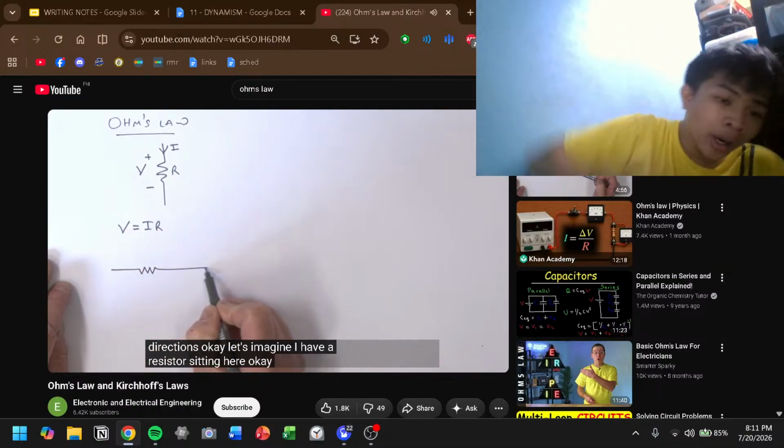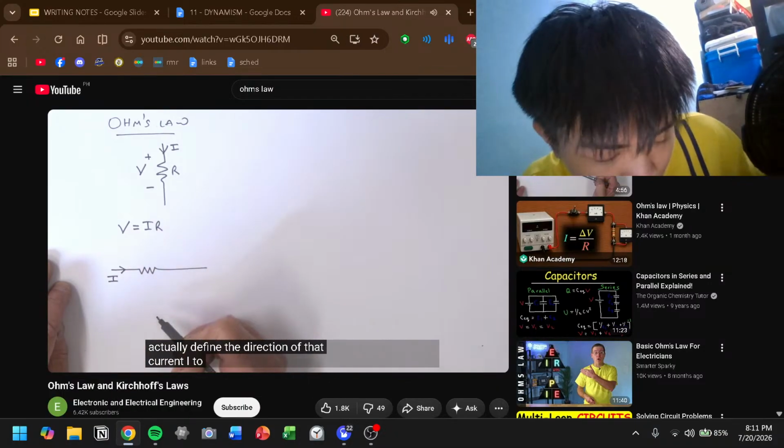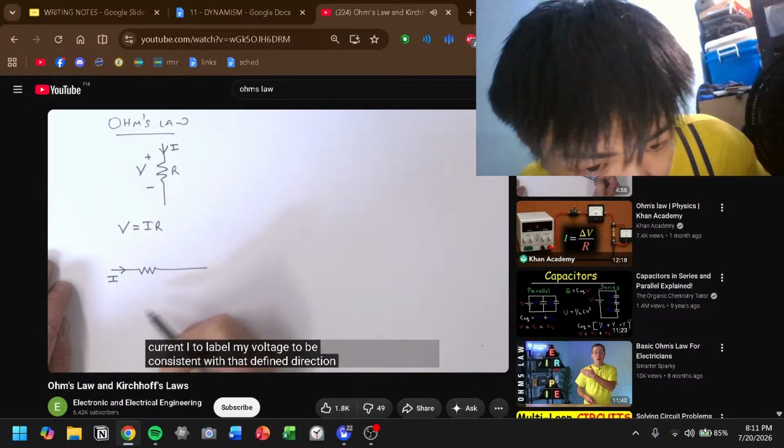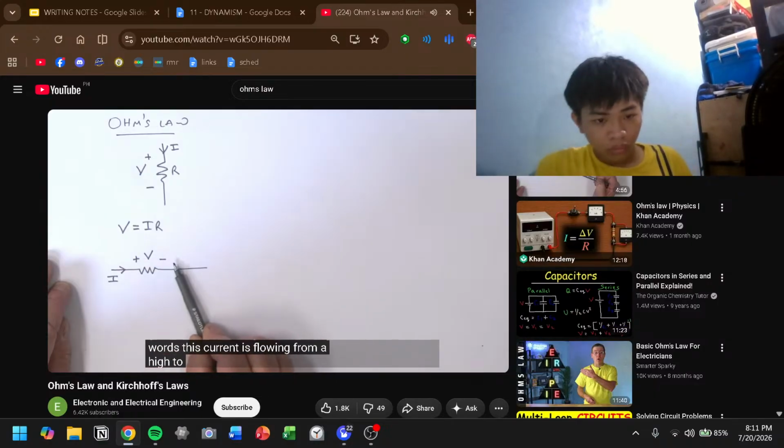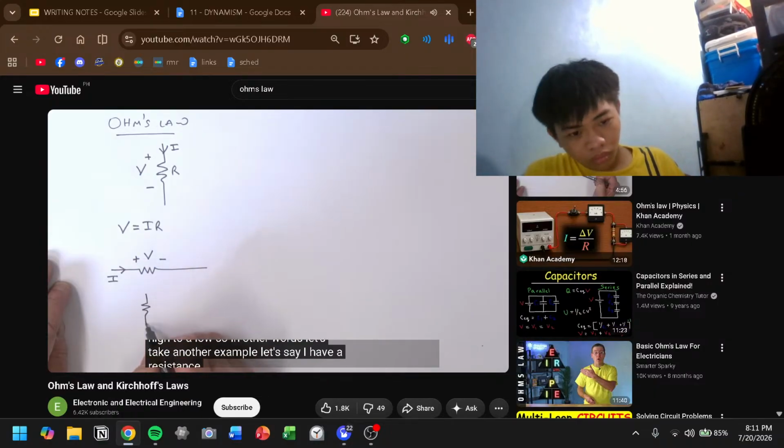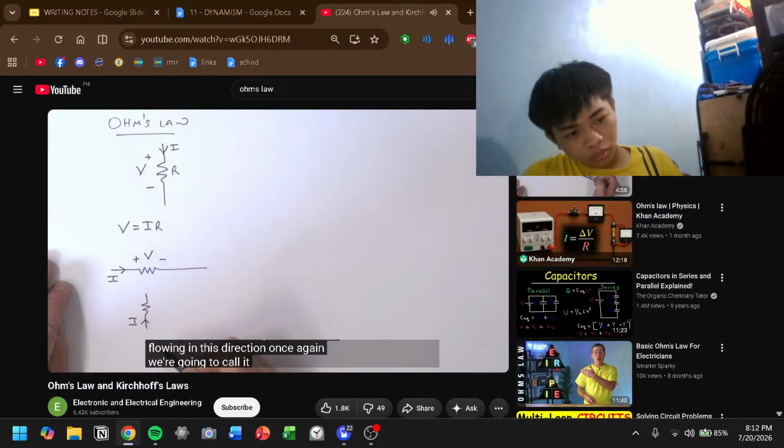Let's imagine I have a resistor sitting here, okay? And if I define the direction of that current I, to label my voltage to be consistent with that defined direction, I'll label it as plus, minus, and I'm going to call that V, all right? So in other words, this current is flowing from a high to a low. So in other words, let's take another example. Let's say I have a resistance here. Let's say the current is flowing in this direction. Once again, we're going to call it I. How would I label my voltage across that component, that resistor? Well,